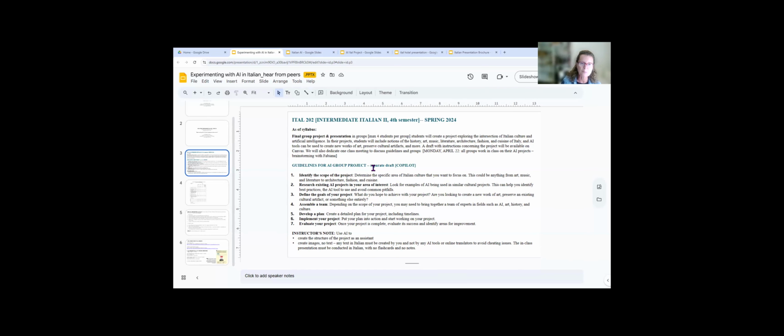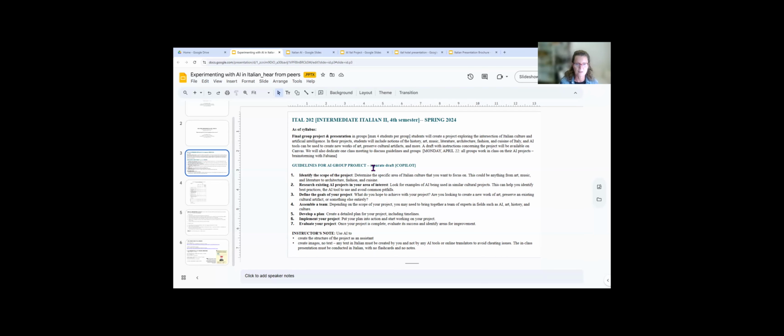And then assemble a team. I told them that if they need to consult with a history professor or an art history professor for their ideas or anything, they are more than willing to do that, they're more than welcome to do that, as long as they work independently on their projects.